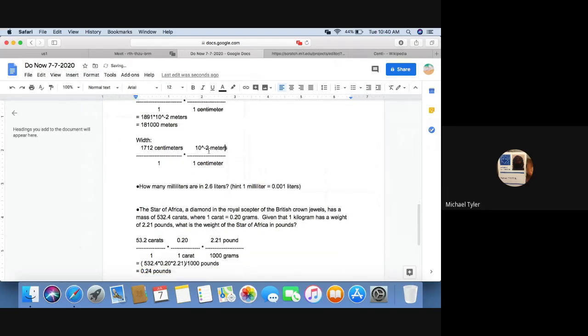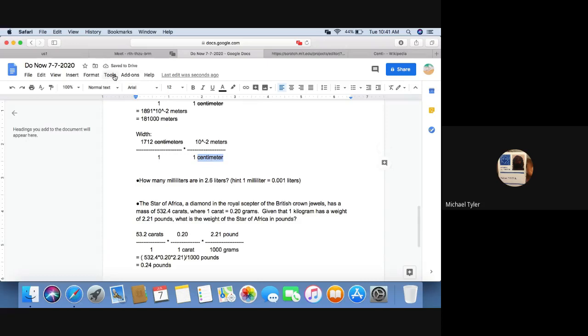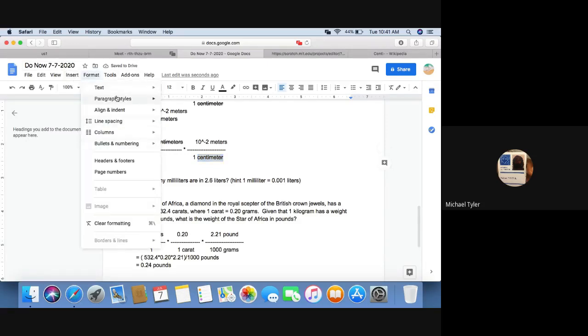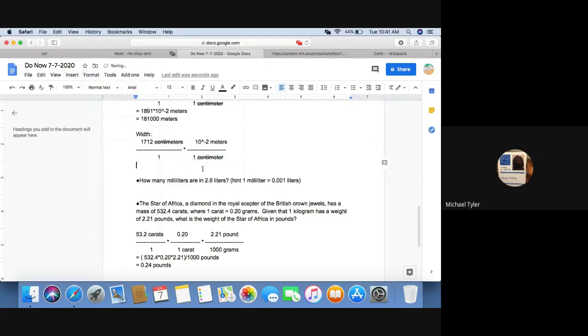There you go. All right, you got to do the same thing with the width. You're moving fast. Okay. You're sharp.